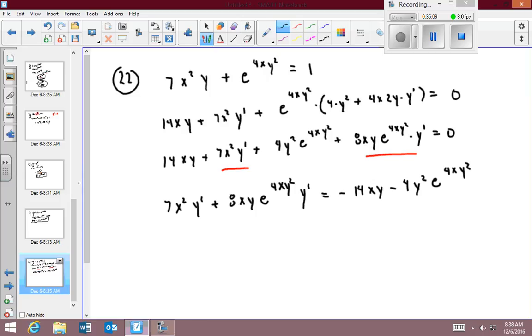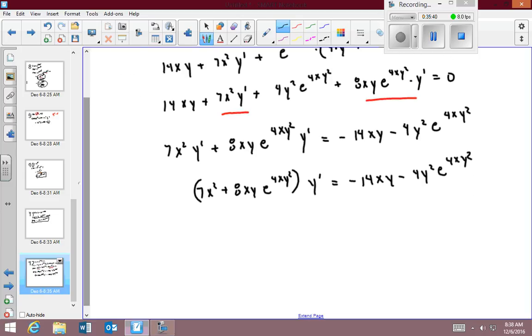And I'll factor out a y prime: 7x squared plus 8xy e to the 4xy squared, y prime. And divide both sides by this term right here. So it's y prime equals